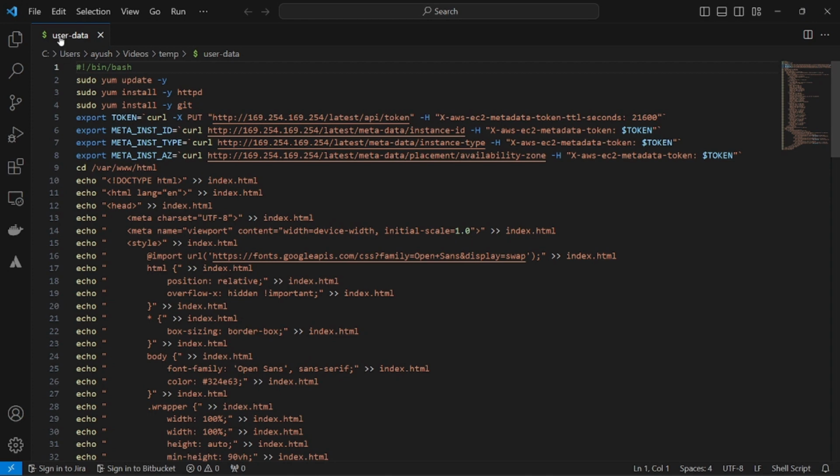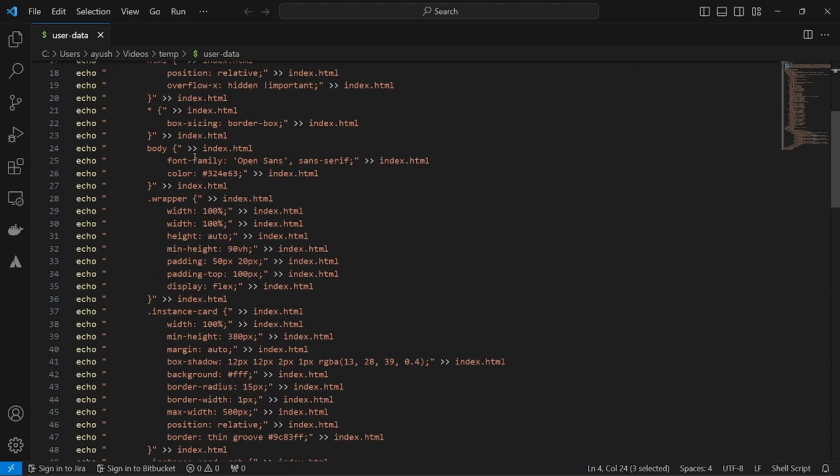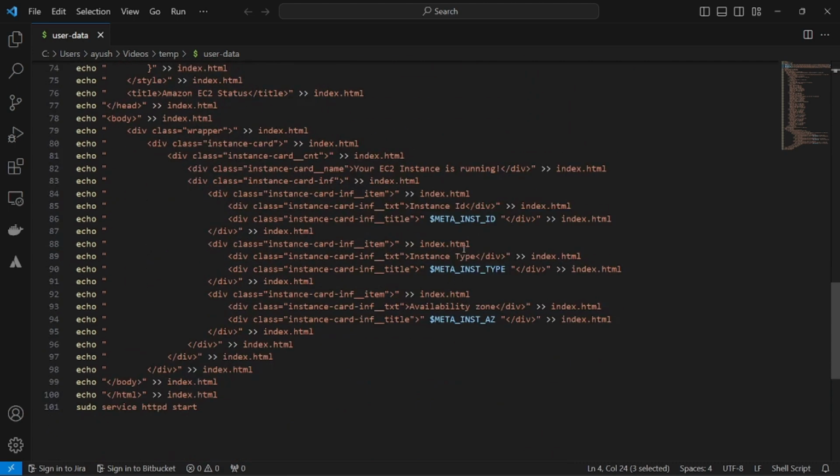Now this is the user data file, in which you first update yum, which is the repository through which we can install different packages in Amazon AWS Linux. So we installed httpd and git using that command. Then we set some environmental variables, and then we are creating an HTML page